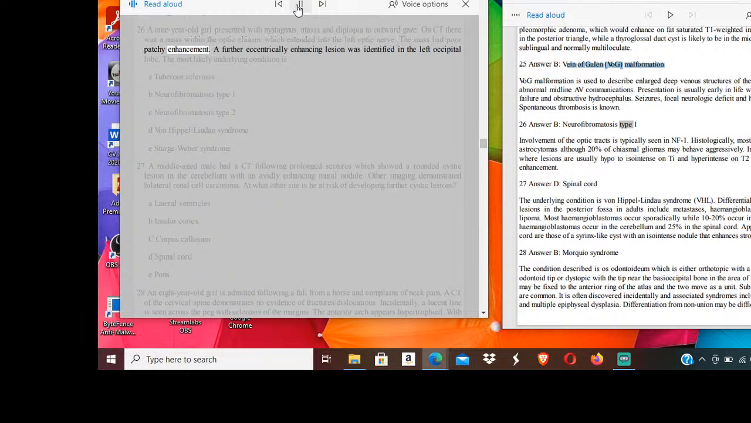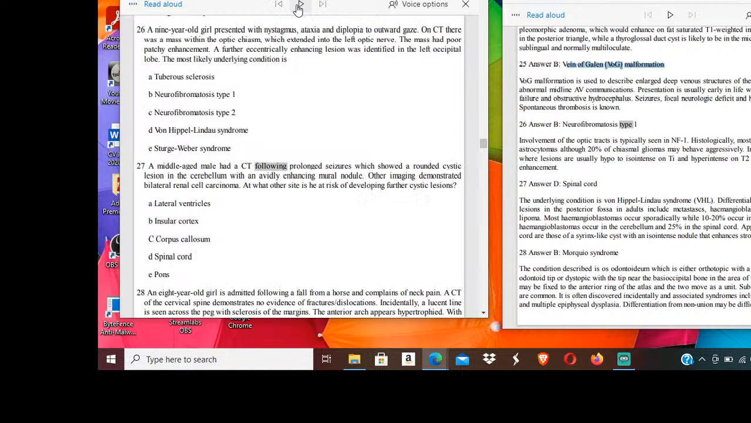The mass had poor patchy enhancement. A further eccentrically enhancing lesion was identified in the left occipital lobe. The most likely underlying condition is A. Tuberous sclerosis. B. Neurofibromatosis type 1. C. Neurofibromatosis type 2. D. Von Hippel-Lindau syndrome. E. Sturge-Weber syndrome. 27. A middle-aged male had a CT following